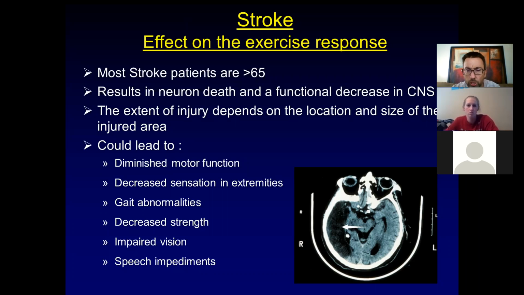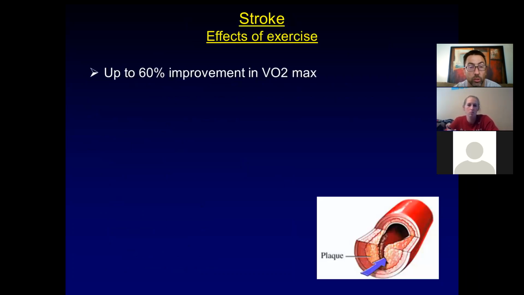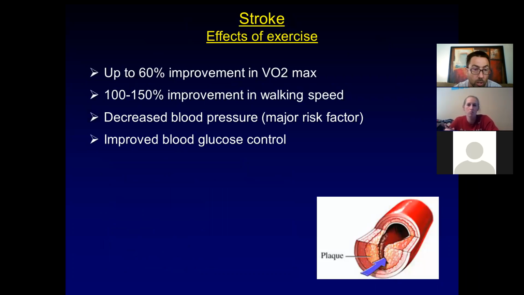And so strokes tend to occur on one side of the brain. And so if I have impairments in something on my right side, on this side over here, then that means that the stroke happened on the left side of my brain and vice versa. So if a person has face droop on one side, or they're beginning to lose function on one side but they're okay on the other, that unilateral deficit is going to be one of our hallmark signs that a stroke is occurring. Okay, so